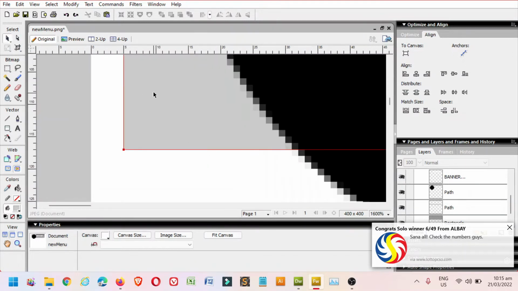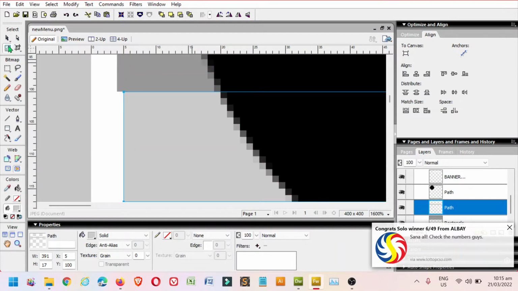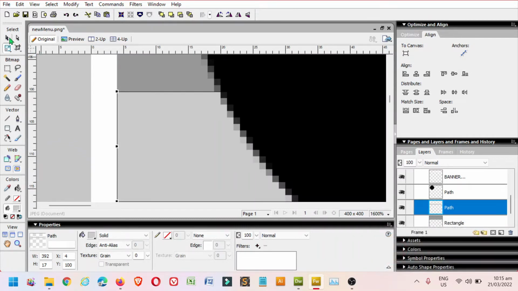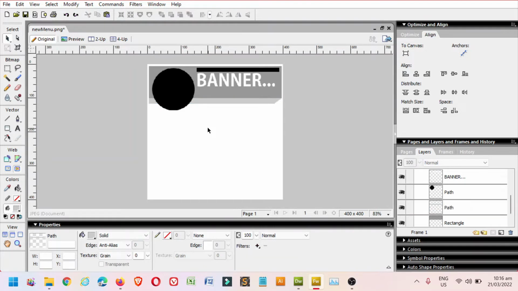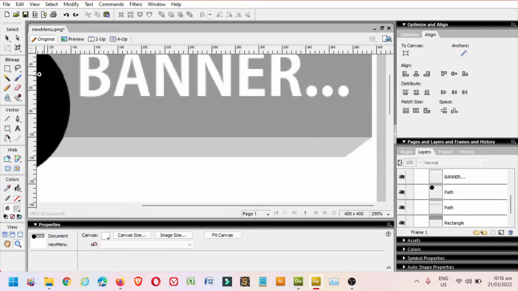Oops. Click this one and then extend it until it aligns to the darker one. So press Ctrl 0, zoom in on the lower bottom part of the banner, and then let's start adding